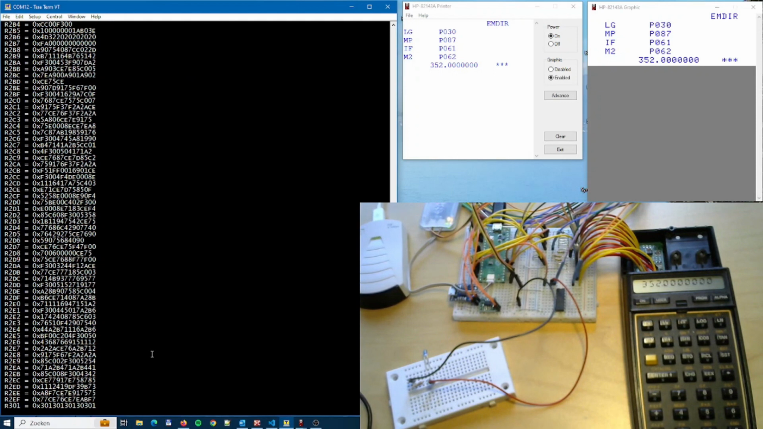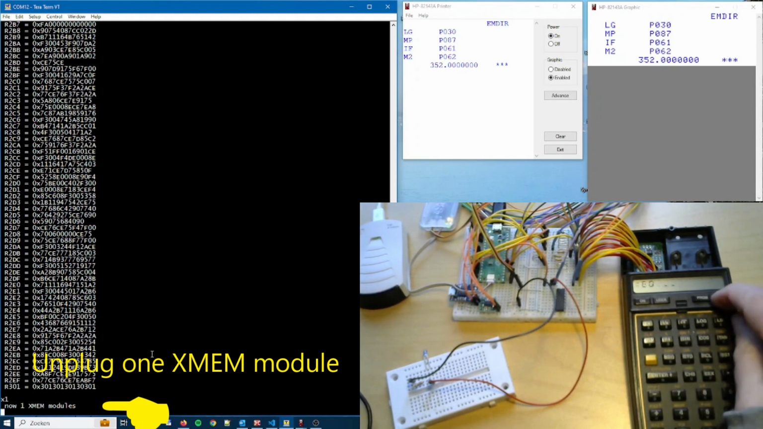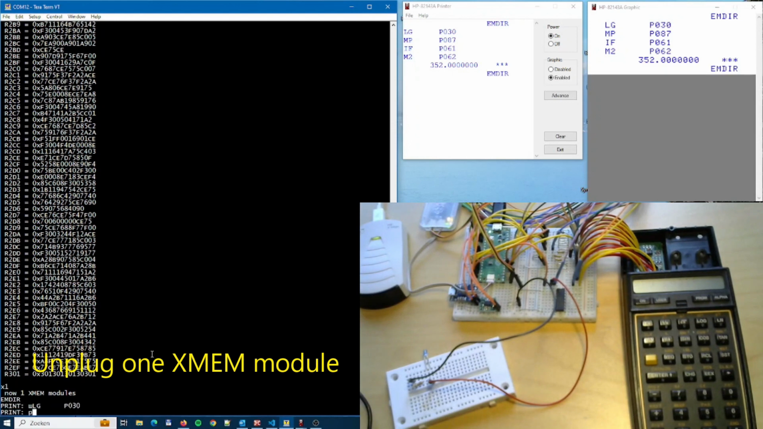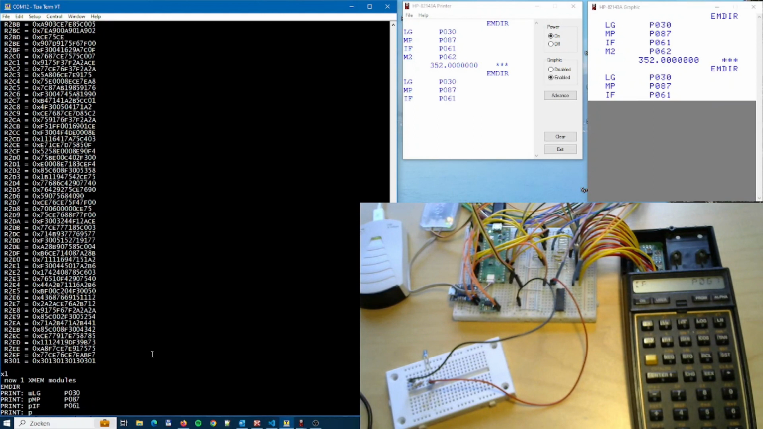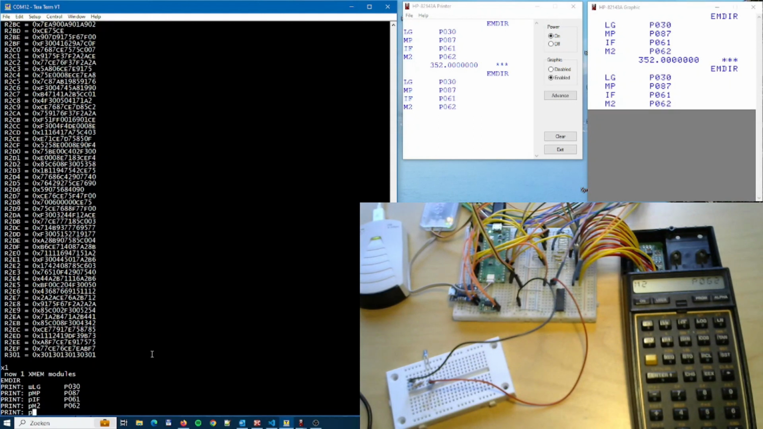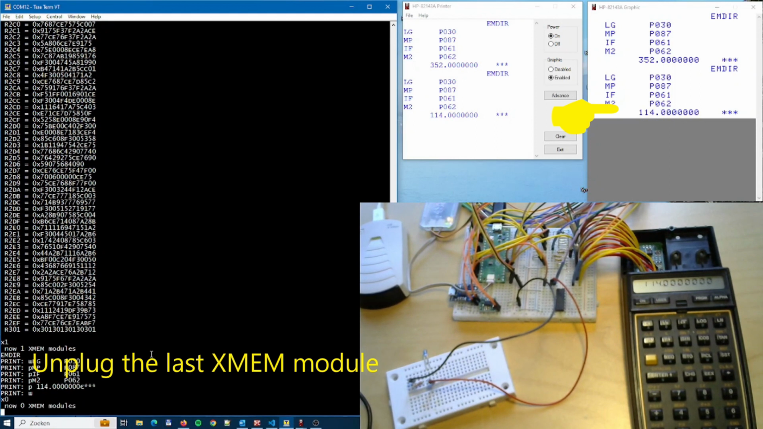And if I remove one memory virtually, I now say that it has only one extended memory. And if I now do an MDIR, it will show less memory. And if I now tell the interface there it has only 0 X memory modules,